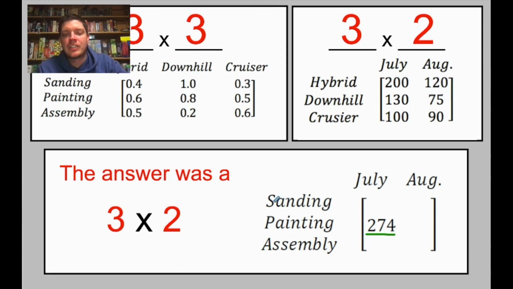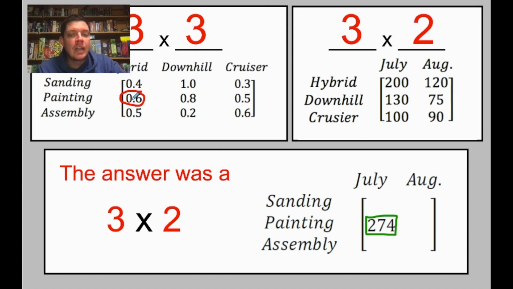Then I know my answer is going to be sanding, painting, and assembling in July and August. Okay, I'm just going to walk you through how I got this number right here. To get how long it took to paint all of the longboards in July, I had to take pieces at a time. So for example, I knew that it was 0.6 hours